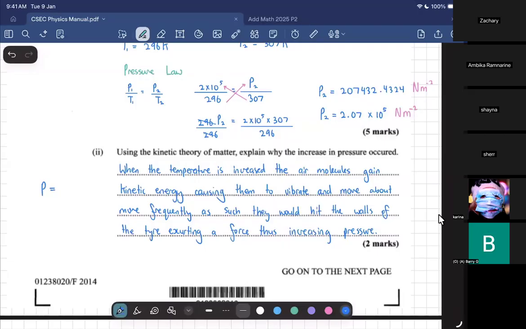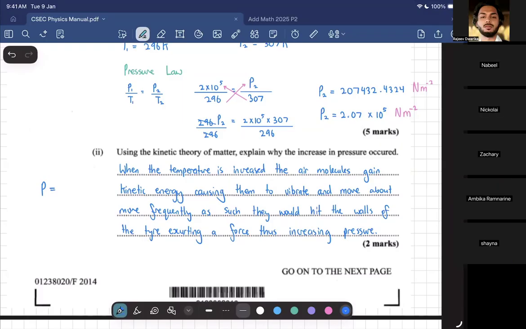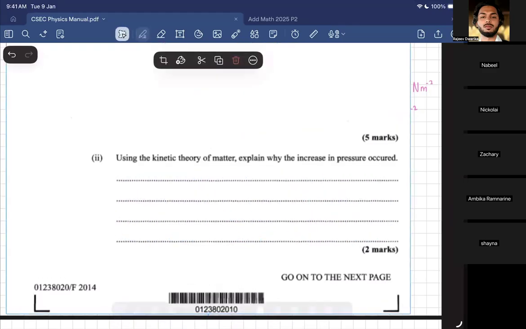Can I hear an Ambika? One of you all could volunteer. What is the formula for pressure? Does anybody remember the formula for pressure? I'll give you that hint. Pressure is equal to force all over